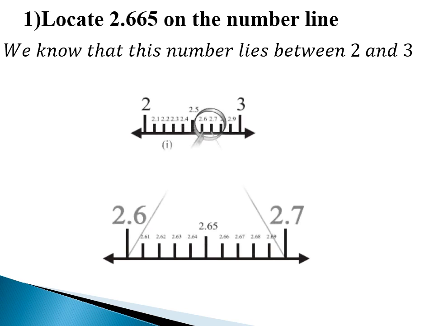So the first step will be like this: 2 and 3, then again 2.6 and 2.7, at this place we magnified and we can make it big. So 2.60, it is 2.61, 62, 63, 64, 65, 66, 67, 68, 69 and 70. 2.70 we got. This is the first step. Just moving fast because we already explained in the last class.